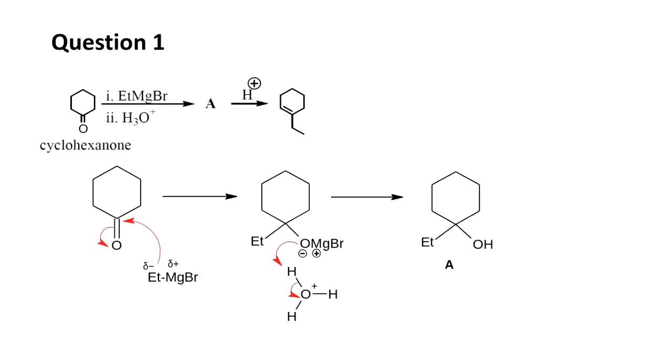Let's look at the mechanism first, this one is A. So remember, always, the Grignard reagent is polarized, which makes the ethyl group negative and the magnesium positive. So first what happens is that the Grignard,